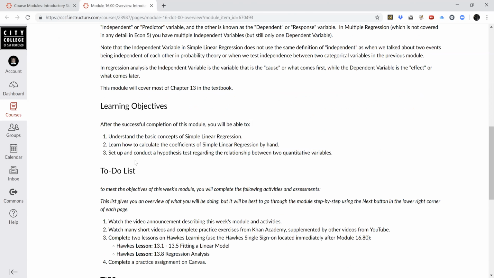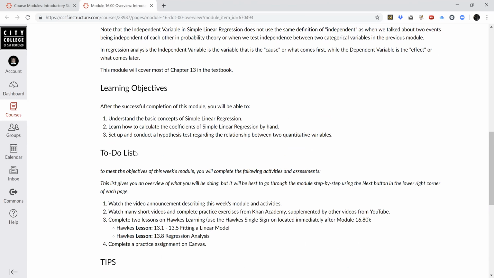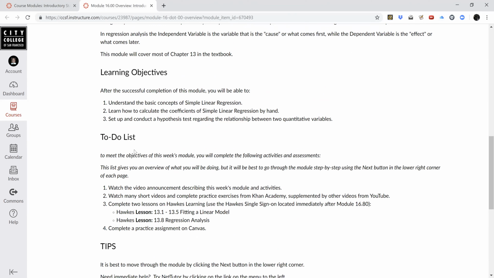In this chapter, then, we're going to be learning about the basic concepts of simple linear regression, how to calculate the coefficients, and how to set up a hypothesis test to test whether there is a statistically significant relationship, or at least a linear relationship, between these two variables. In order to do this, we're going to watch Khan Academy videos with some other videos from YouTube.